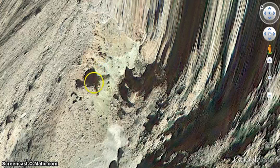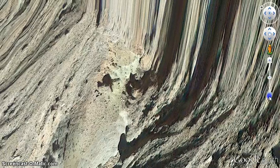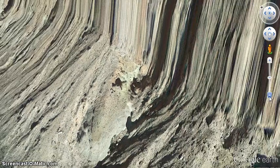Now if we move to the right, we see another animal carving directly into the stone ravine. This is also reminiscent of Toltec Mesoamerican artwork. So we move down the ravine and we see here a smaller